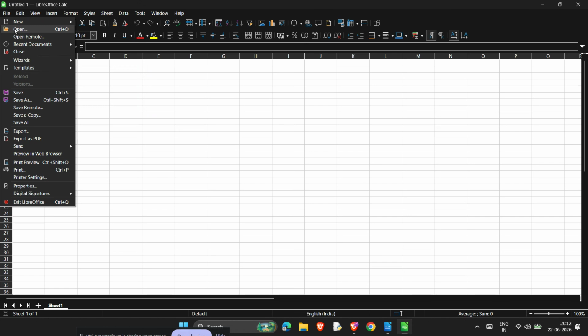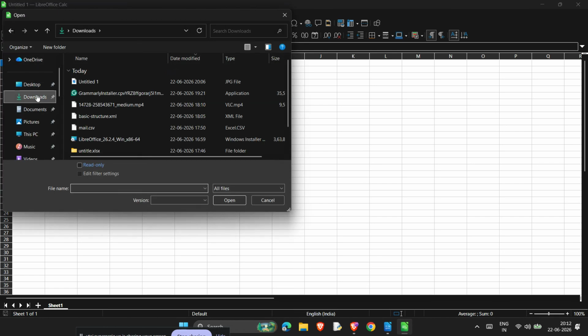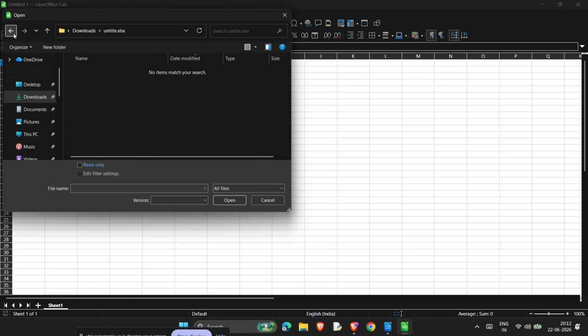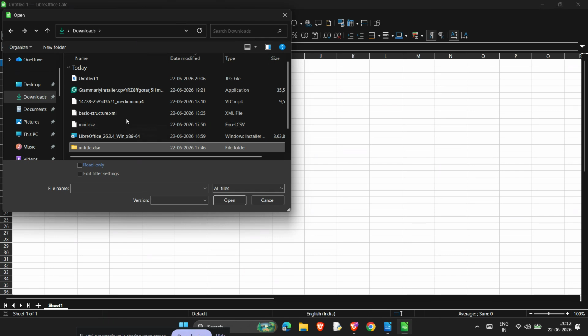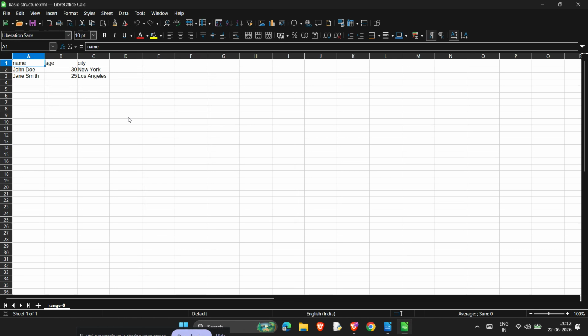Now, navigate to the folder where your .xlsx file is stored. If the file is on your desktop, in Downloads, or in a Documents folder, just browse to that location. Take your time and make sure you're selecting the correct file, especially if you have multiple spreadsheets saved in the same folder. Once you find the Xlsx file, click on it once to highlight it. Then click Open. LibreOffice will load the spreadsheet and open it in Calc so you can view or edit the